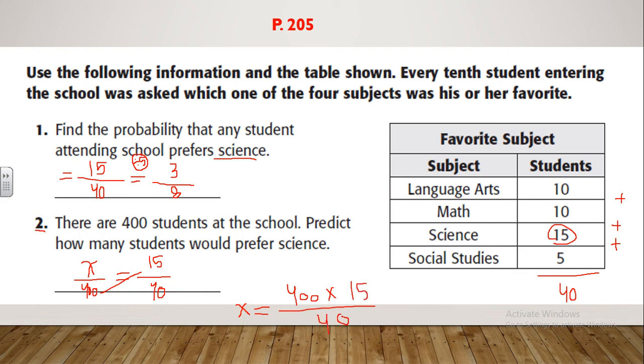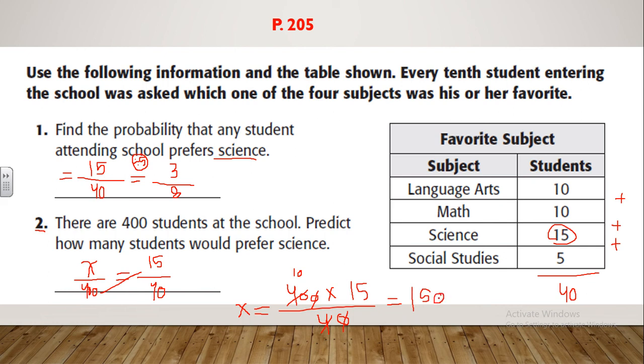To find the answer, let's make it simpler by cancelling the zeros together. And now we have 40 times 15 over 4. You can cancel the 4 with the 40 and you will get 10 up. So now we have 10 times 15, that equals 150. So we have 150 students